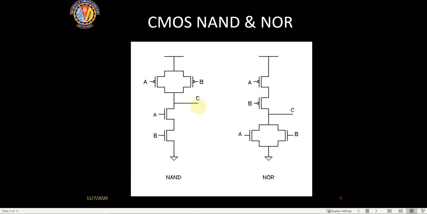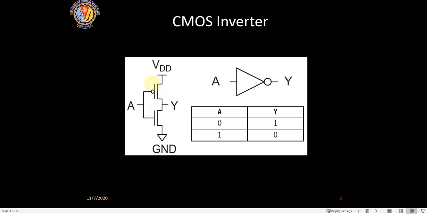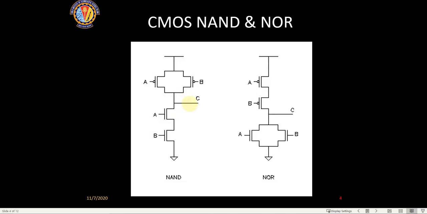Okay, so let's see how a NOR looks now. If you see, the total number of transistors required to implement a NAND function is 4 transistors. That is why we say, if you want to have an AND, you need these 4 transistors, and then you will have to put an inverter in front of that. So a total of 6 transistors will be required for making an AND, whereas for a NAND only 4 transistors are required.